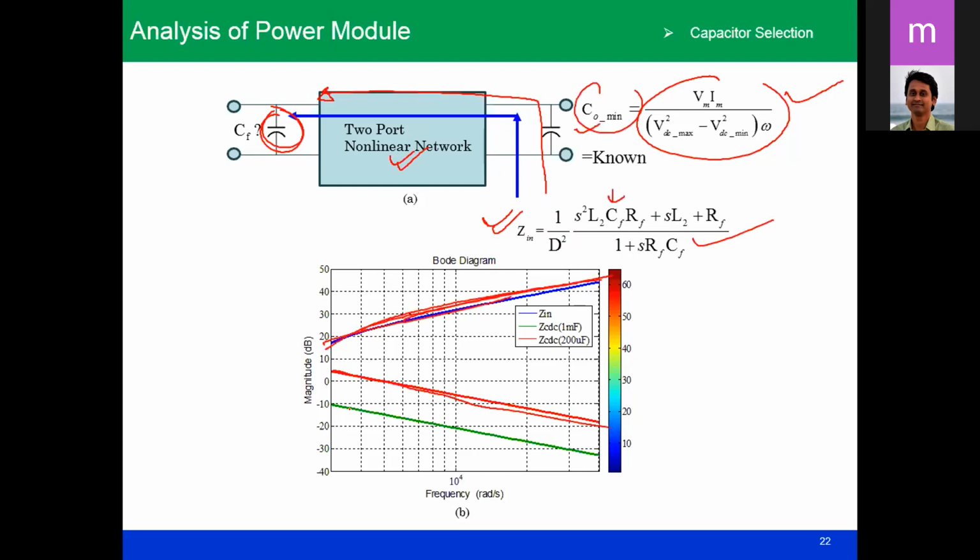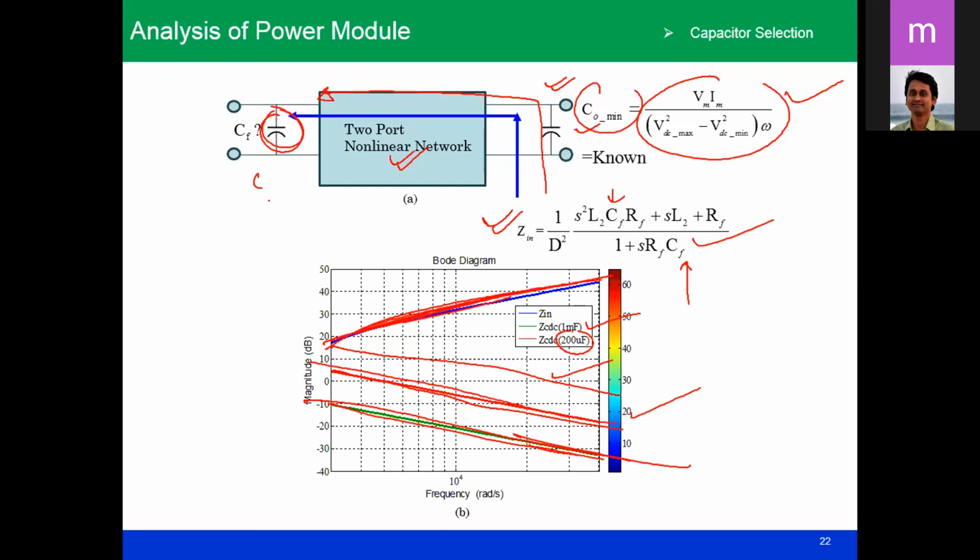You increase it, then 1 millifarad. There is no problem as long as you see the 200 microfarad. If you further reduce it, let us say 100 microfarad, unless until it is below that particular graph, then there is no problem. Therefore, you see that green line is the best line, so you can select it for the safety side. So 100 microfarad should be the output capacitor, and from there you just replace the value. You can get the value from the slide.